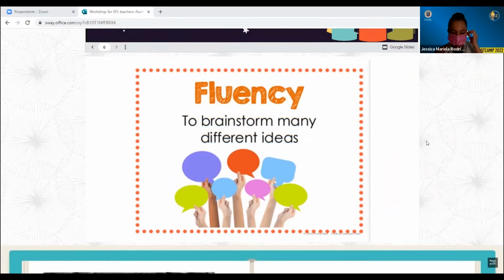I tell you this because I have 2 daughters. And sometimes it's really hard because in the beginning, they just say the same words, things that they know. But you have to push them, like, okay, tell me more. I already know that. What do you think about this? What is your opinion about that? In that way, little by little, they start developing this skill because it's a skill that they have to develop. And the ideas start flowing, right?